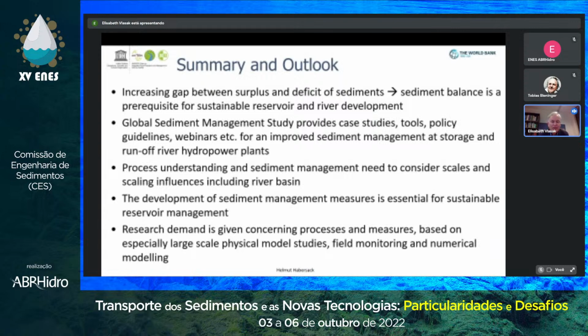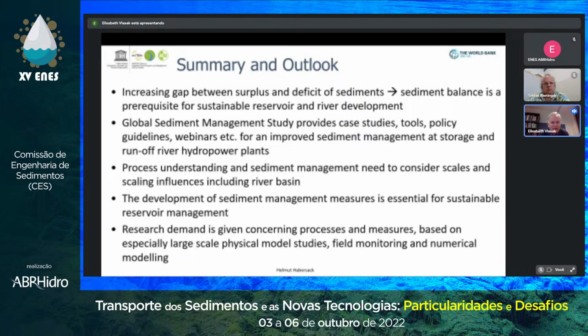The idea is to get one-to-one scale sediment models without having to scale down the particles, because this gives some problems, for example with cohesion and some other processes they are disturbing. And of course, field monitoring. I know that Austria and Brazil have a long tradition in all this research and also in the monitoring. I think they are very exciting, and I didn't talk about this today. Field monitoring tools and methods, but also numerical modeling is quite developing, I would say.